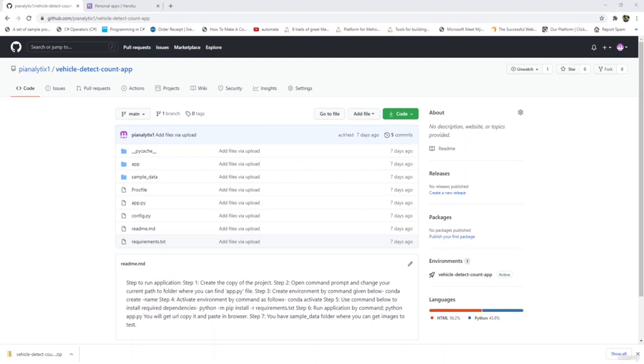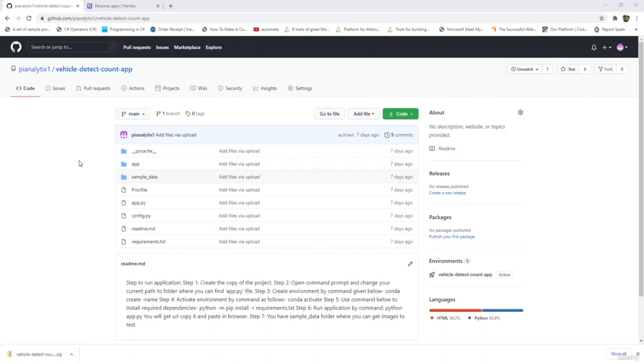Heroku deployment is easy and also it is free, as we are not using it for commercial purposes. We are only using it for educational purposes. So let me show you how you can deploy this app on Heroku. For deployment, you need to complete this step because Heroku will take the project from your GitHub account. And if you don't have the project in your GitHub account, Heroku won't work.